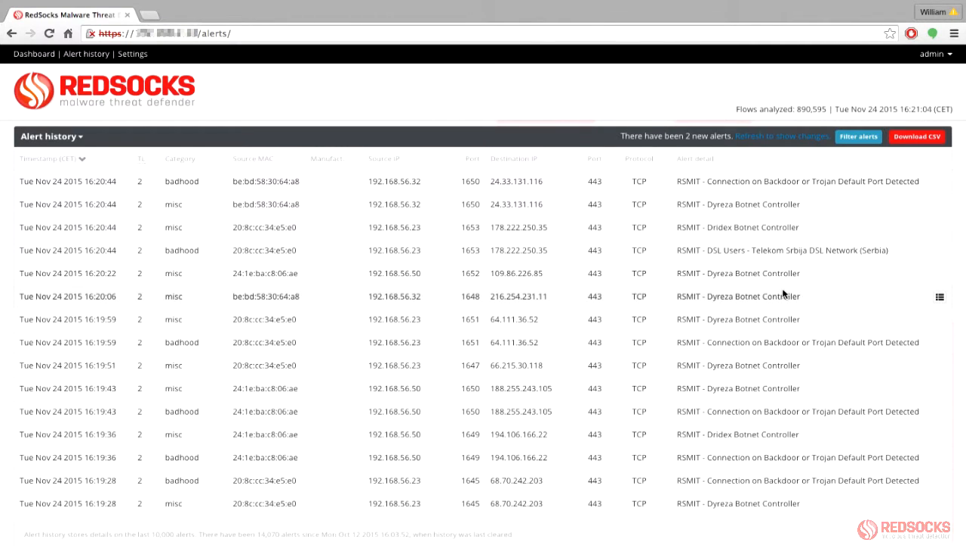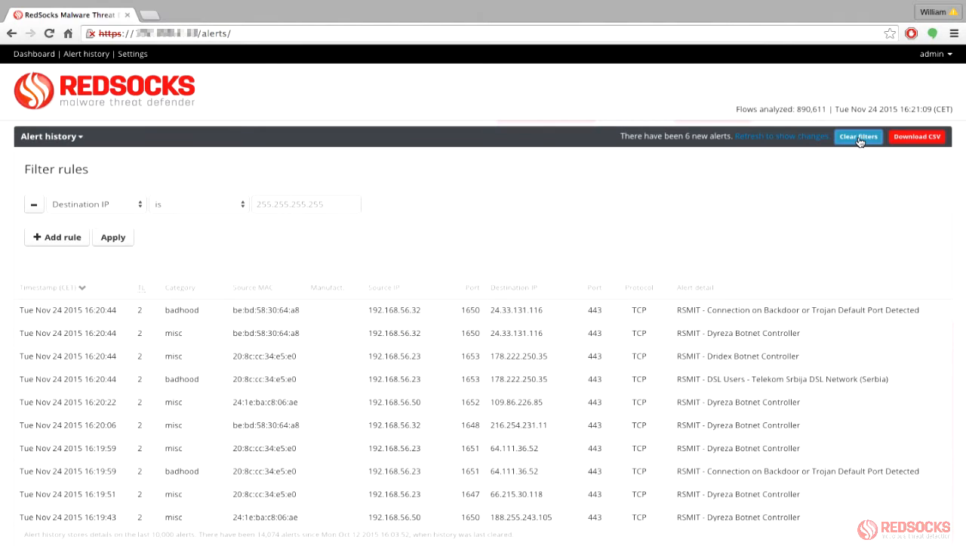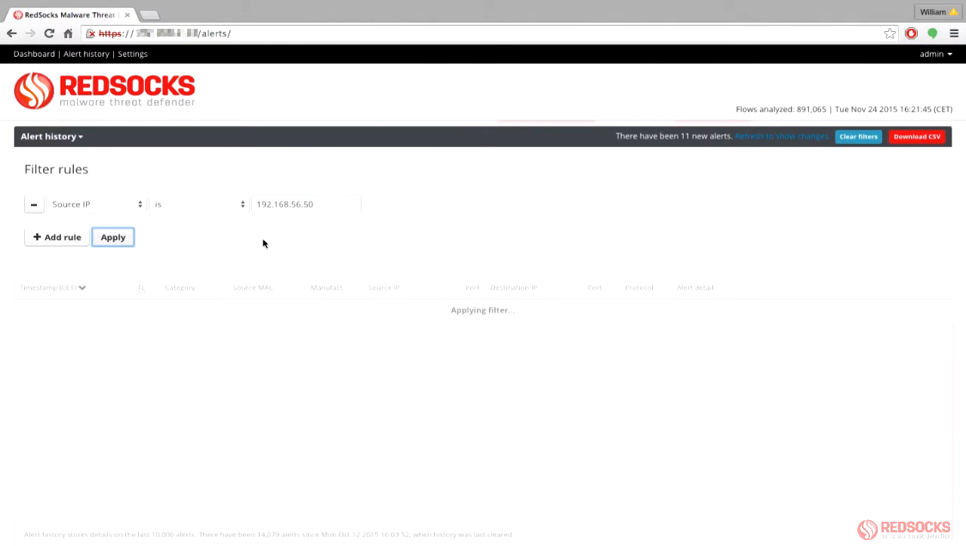The alert history screen also contains an advanced filter. I can create as many filter rules as I want. If, as per example, I would want to investigate all events related to the IP address 192.168.56.50, I would copy this address, go to the filter rules, set the first filter rule to the source IP address and equals to this IP address, press the apply button, and I will see all alerts related to this